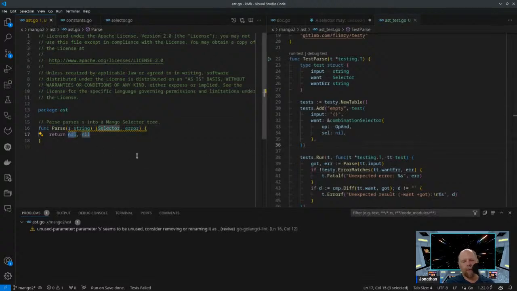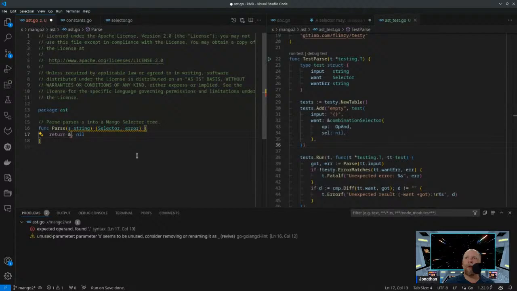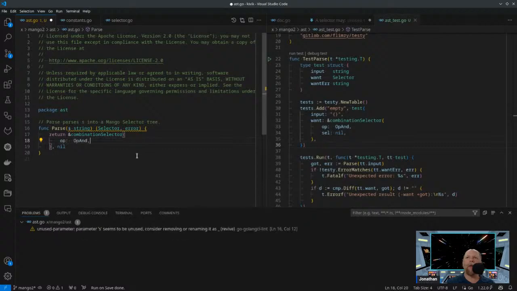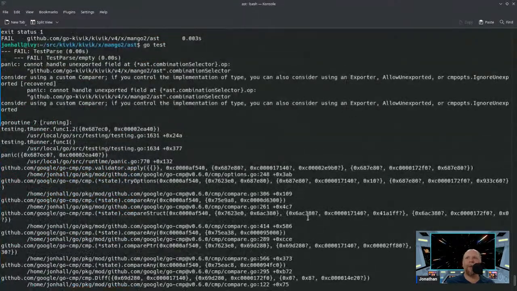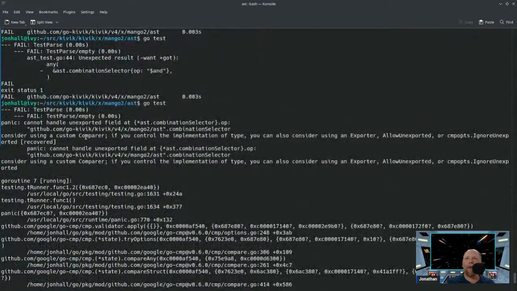Oh, good. I'm not already parsing it. I'm cheating. I mean, I'm not cheating. I'm doing TDD. Just return the minimum necessary to do anything. Okay, this is what I was expecting. So this